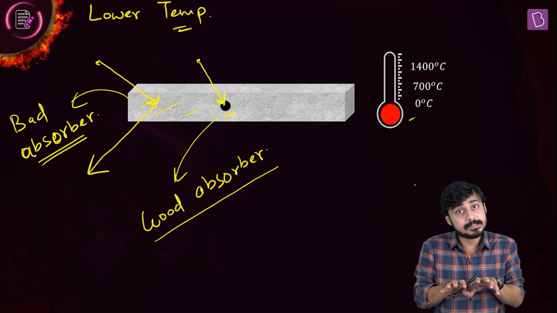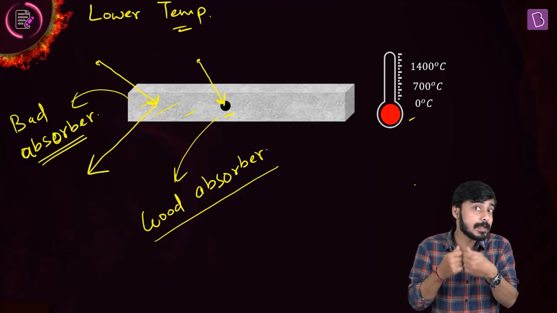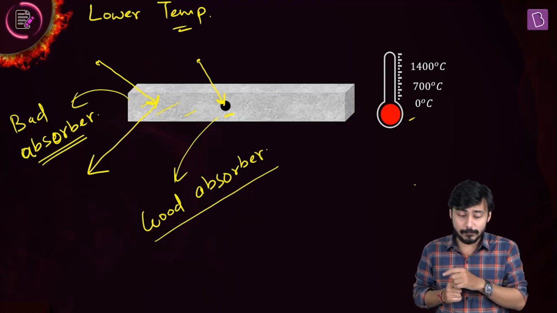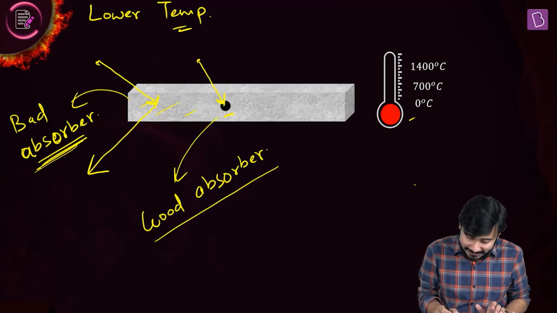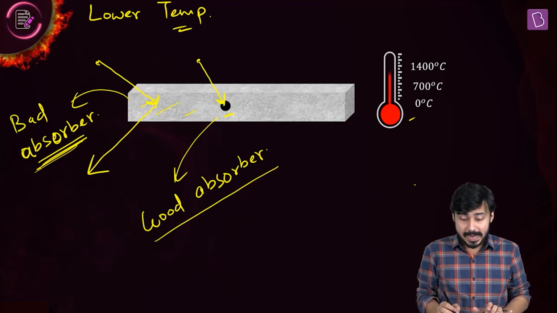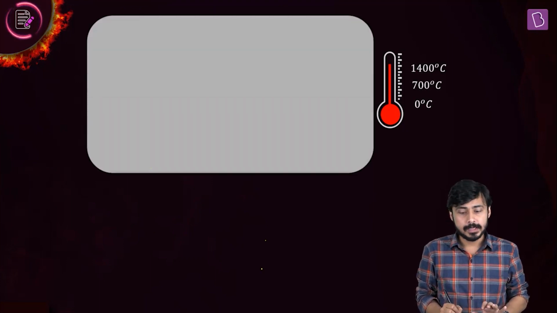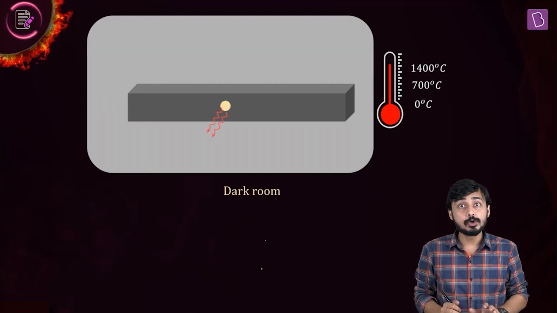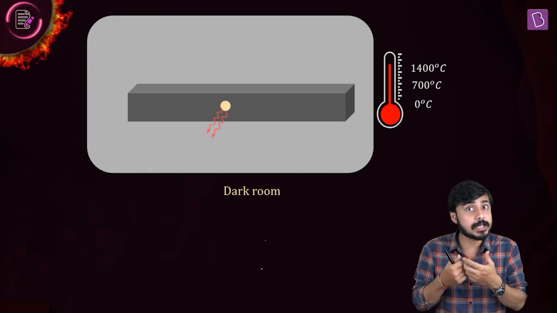And this is the case at lower temperatures. And a good absorber is a good emitter, right? As per the Kirchhoff law, a bad absorber is a bad emitter, right? So if you increase the temperature and you shift the entire system into a dark room, no light in the surrounding will be available, right? So whatever color will be observed